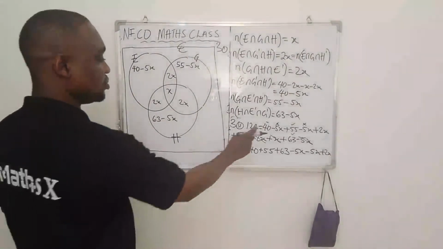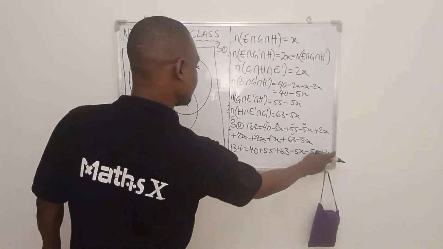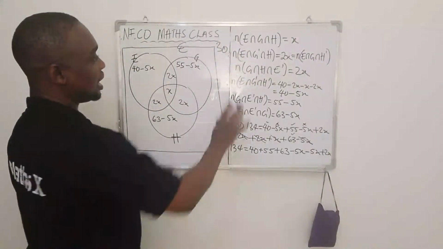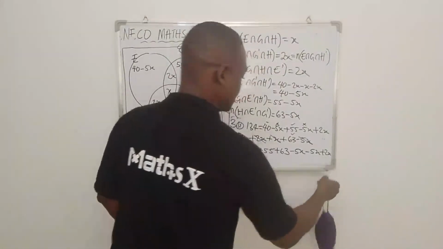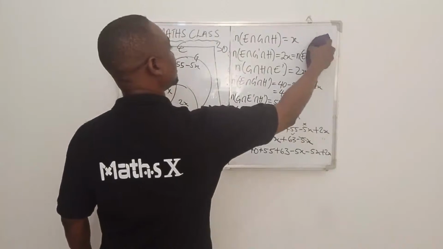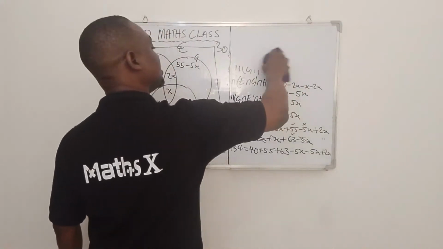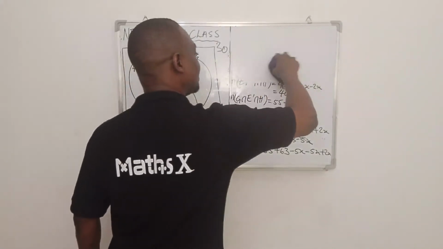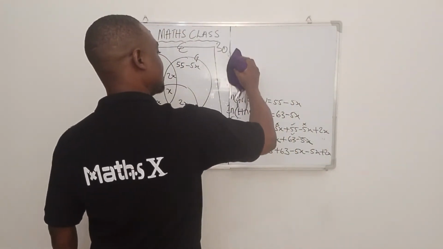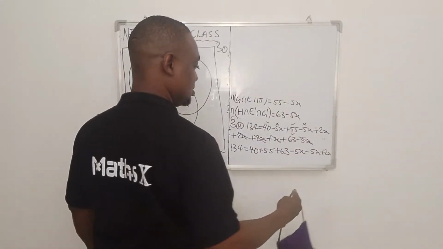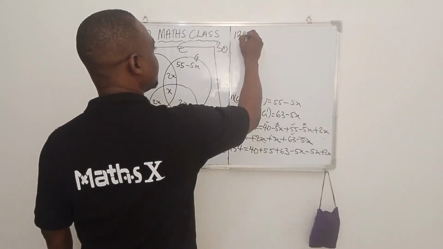I think that's it. Let me see. 1, 2, 3, 4, 5, and 6. So 1, 2, 3, 4, 5, 6. I think I'm good to go. I have to clean it up because I don't want to touch this yet, in case we need it. I'll take this out. So 134